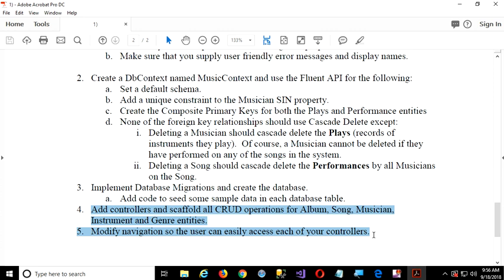I'm not going to mark you for cleaning up the UI on the controllers and views, right? All the marks just come from the classes and the code that you put in the seed and the DB context. But I suggest you take time because it allows you to test. And if you have an invalid relationship set up, it'll come pretty clear when you can't insert a song belonging to an album or vice versa, right? Any questions about the homework? Okay, alrighty.